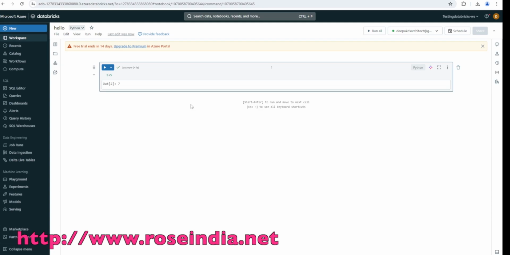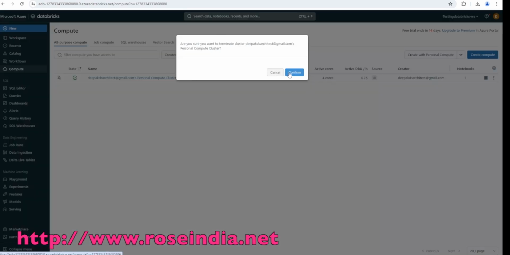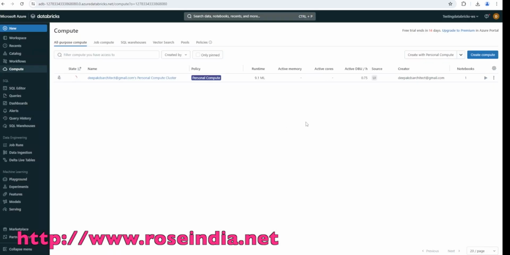This way you can create the Azure Databricks account, and after that create a runtime here, and finally create a compute here, and finally run your notebook code on the compute. So I can terminate this, and then I can also start this